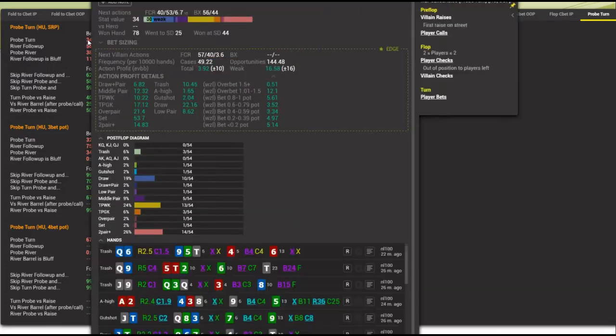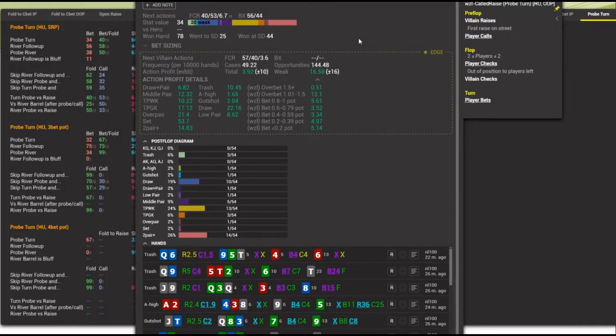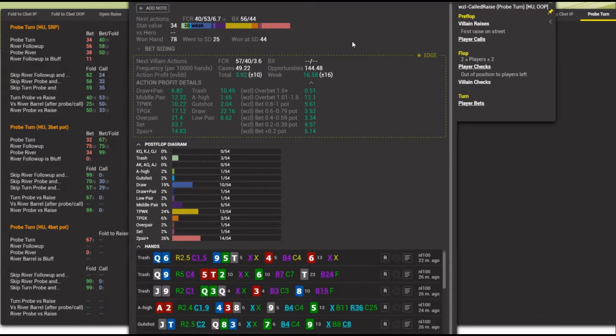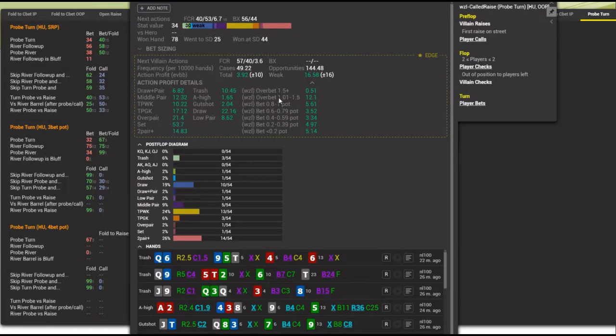Now if we bring up the pop-up, everything you see in this pop-up is auto-generated by Hand to Note. Yes, we can configure various aspects of the output, but these are all stats that are created on the basis of that one definition. In other words, we create this stat, probe turn, and then Hand to Note generates all of the information you see in this pop-up based on that one definition. To do the equivalent using NoteCaddy would take a very long time. You literally have to sit there for at least a day, probably a few days,